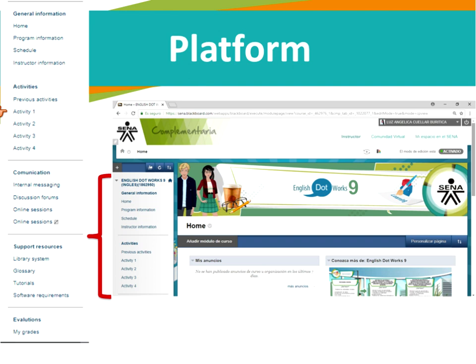I recommend you to explore all the buttons in the course about the program information, the schedule with the dates about the activities, and the instructor information, my profile, the previous activities, the internal messaging space in which you can write me through this platform, the discussion forum,